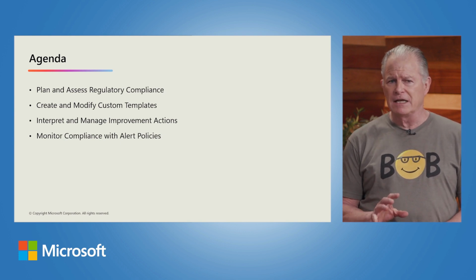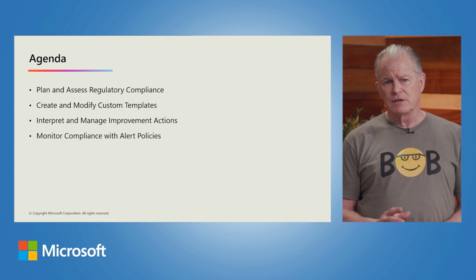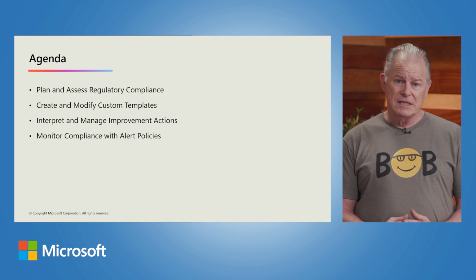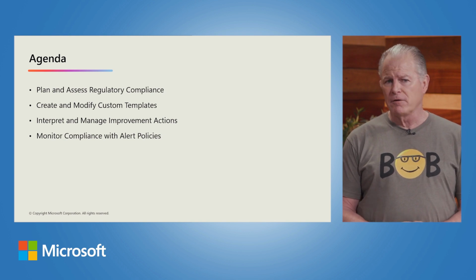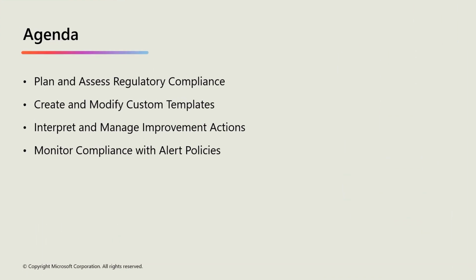So this module is going to get into the monitoring of your regulatory compliance that you've now done for, in this case specifically, Copilot for Microsoft 365, and all of the things that we've mentioned across a variety of videos, to make sure that you feel comfortable that the correct use of the data within Copilot for M365 is within the tolerance levels of your organization. So we're going to take a look at some of the tools that are available for you. Then we'll do a demonstration. I'll go in and show some of the compliance reports that are available,